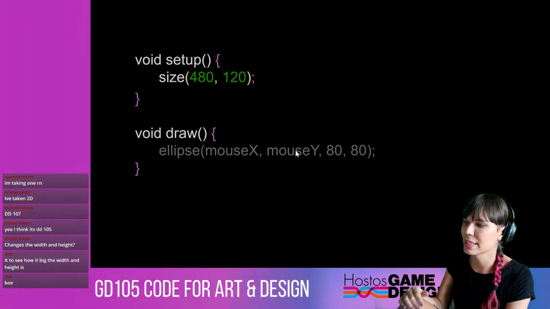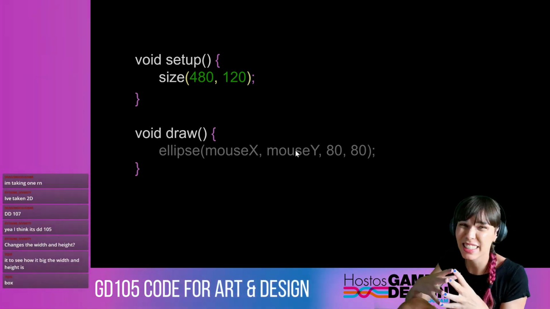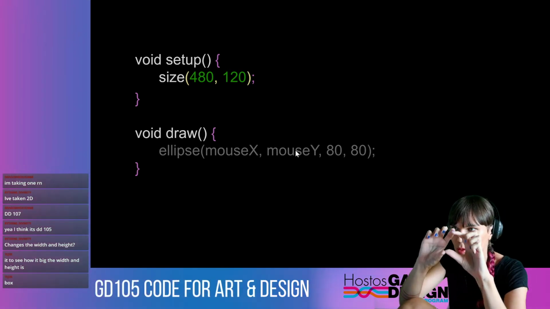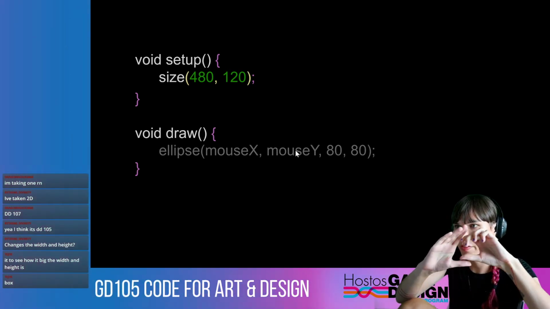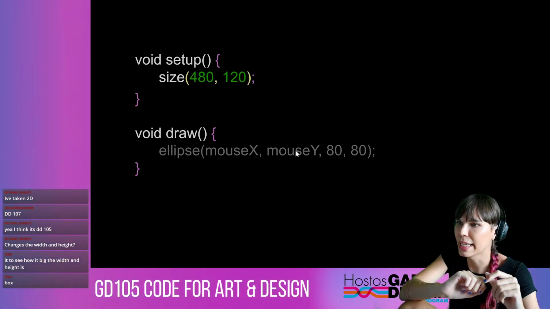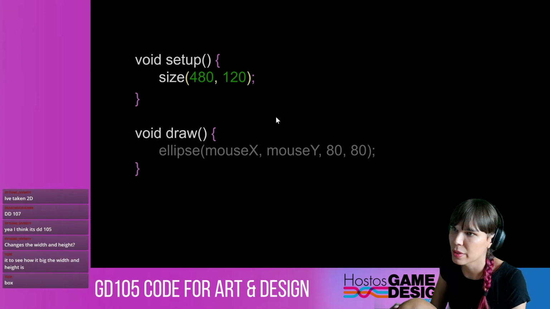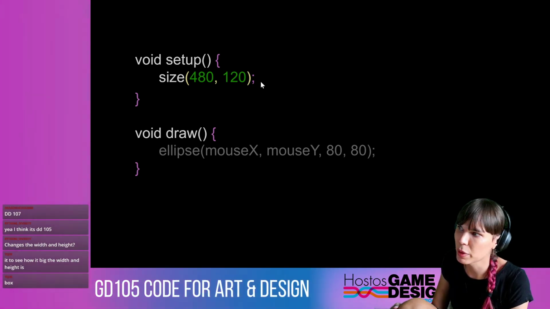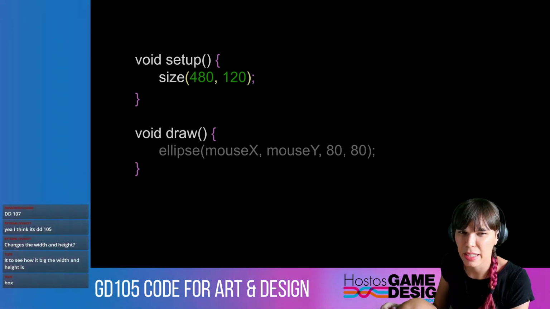So for instance, size, which is the size of the window actually. When you write size parentheses, the first parameter is the width of the window, comma, the second parameter is the height of the window. So in this case, this would be a width of 480 pixels and a height of 120 pixels. So if we just look back and review a little bit,